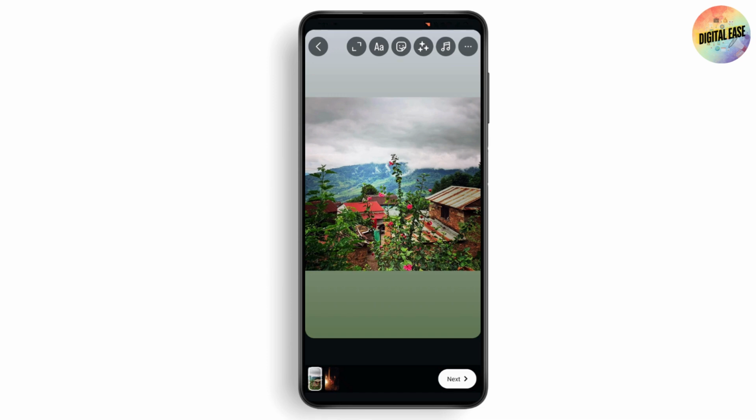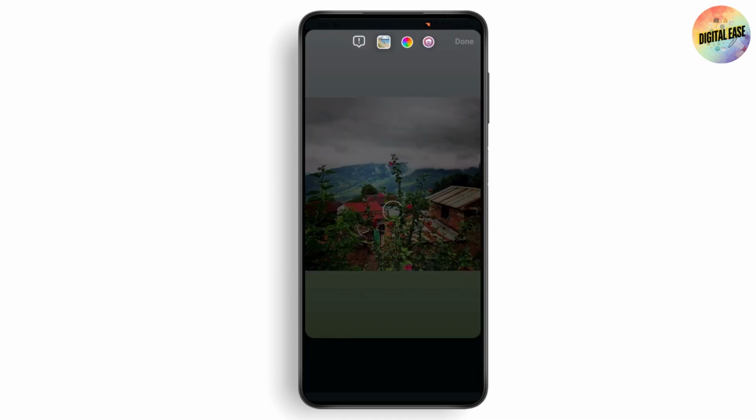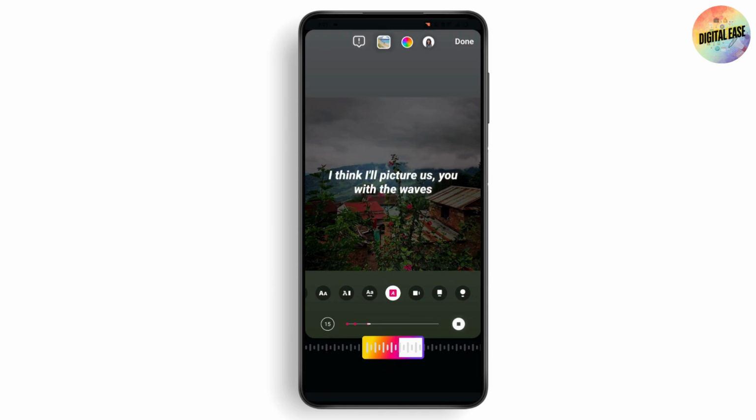So you need to go with the music option, which is on the top right, and select the music that you would like to add. So I'll just simply choose Blue. Now you need to remember the part where this song ends in the first story. Once you remember, now you need to simply go with the done option, which is on the top right,